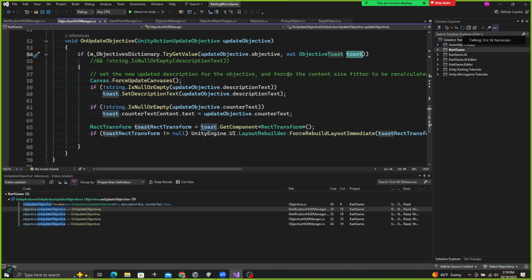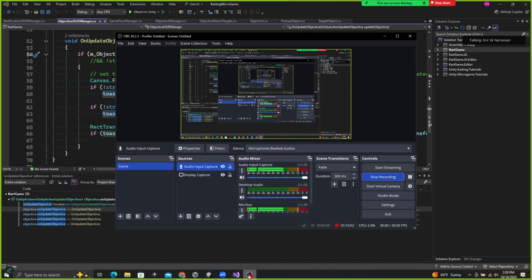But as you see them in action, you'll see them quite a bit in the UI. You'll see the benefit of them is that you can find whatever value you've associated. In this case, you've associated this toast component with this objective object, and you can quickly grab it. All right. So with that,